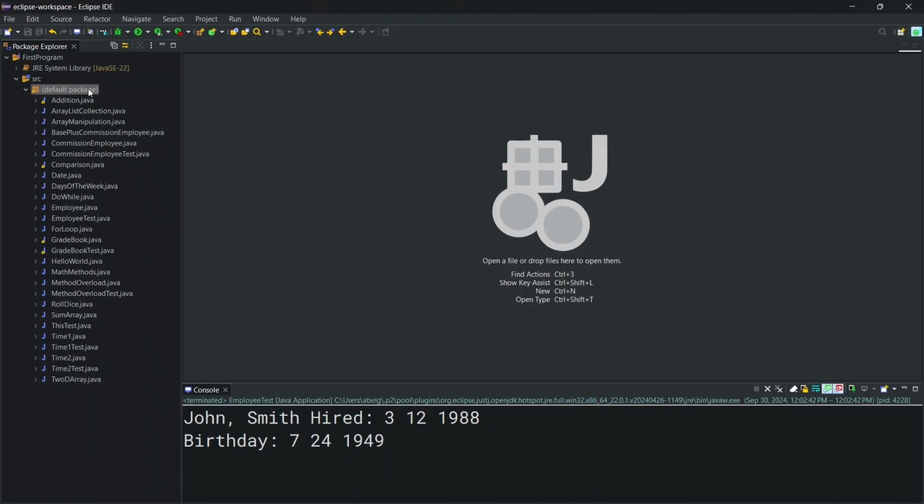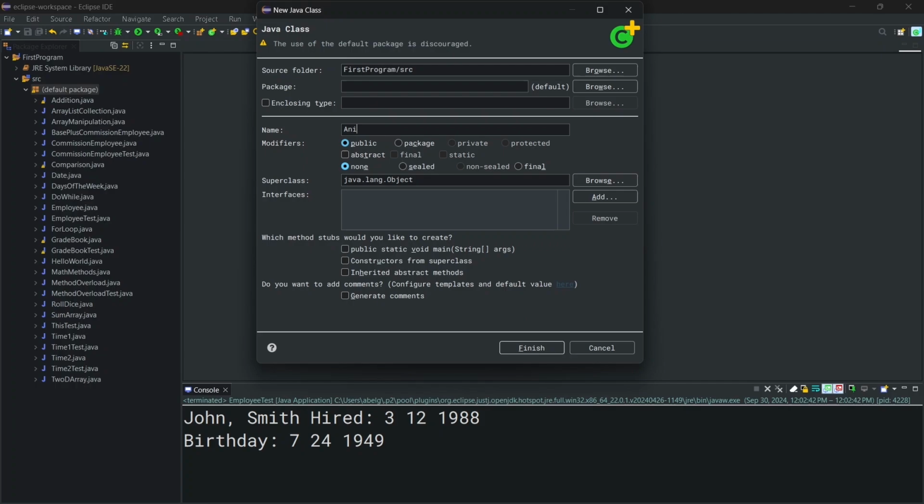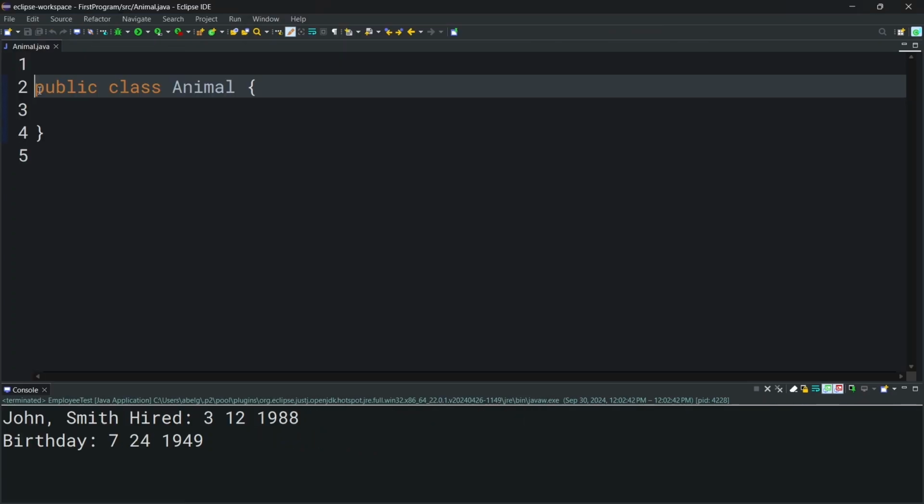So to see this, we're going to create a new class, and we're going to call it animal. And we won't be running this class directly, so we won't tick public static void main, and we're going to press on finish. Now this class is going to be abstract, and to declare a class abstract, we simply add the keyword abstract